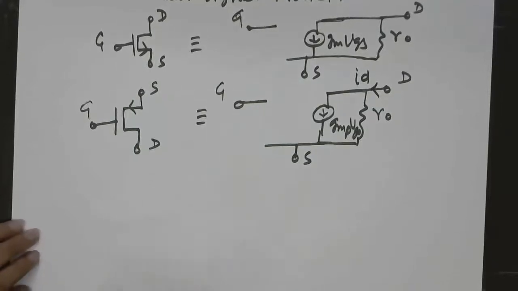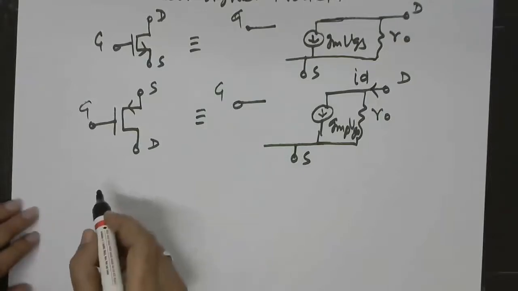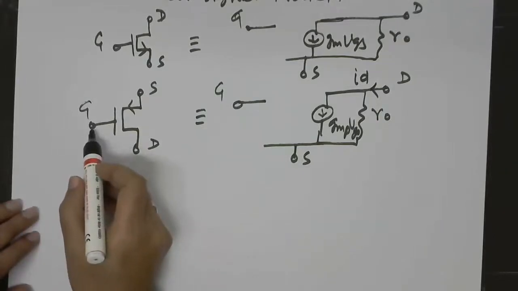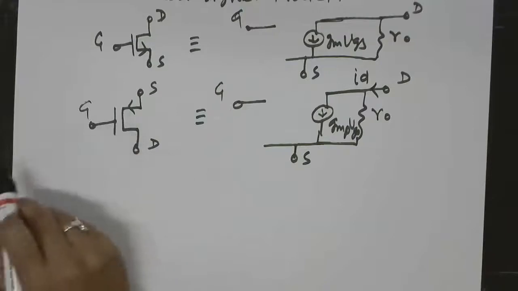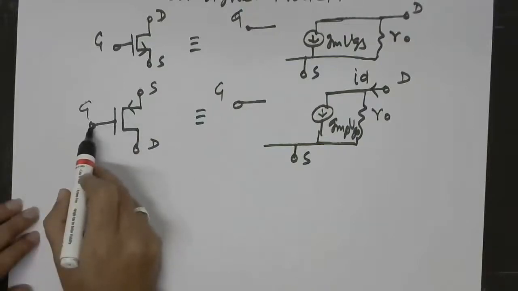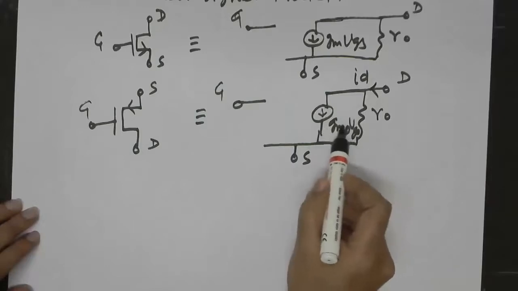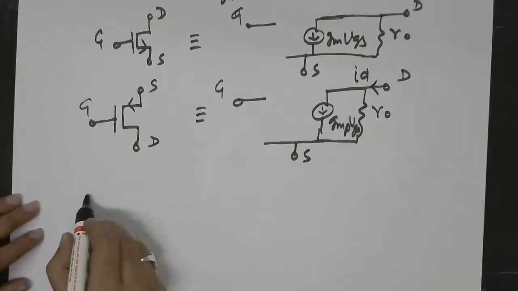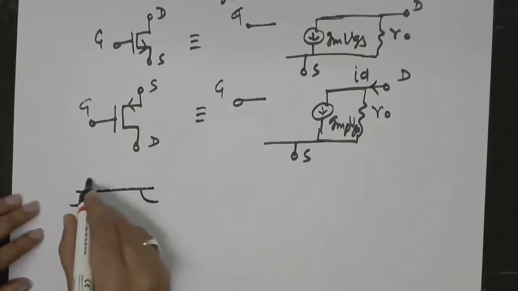So for that, we will take one specific example and then try to see that this is indeed the case. So we know that a DC bias has to be applied, a DC voltage has to be applied at the gate so that there is a conductive channel. And then on top of that, there will be a time varying small voltage, which will actually result in this dependent current. So we can see the picture of the PMOS and try to appreciate what will happen.